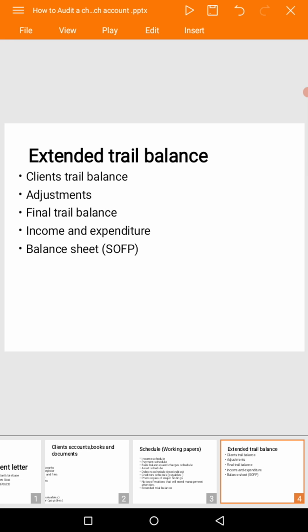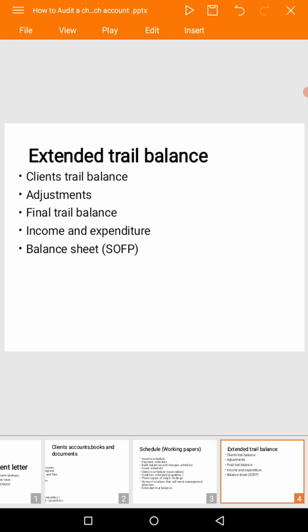Anyone who looks at it, who understands accounting very well, will look at the extended trial balance and understand why you debited or why you credited. Because if you debit, you have to credit. If you credit, you have to debit. So that's the use of extended trial balance, is to help for proper gathering of the figure. And so if there is any mistake, or if there was any shortfall, or if there was any overstatement or understatement, the extended trial balance will be able to spot it. So that's why in an audit firm, an extended trial balance is used.